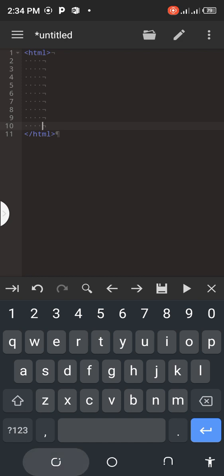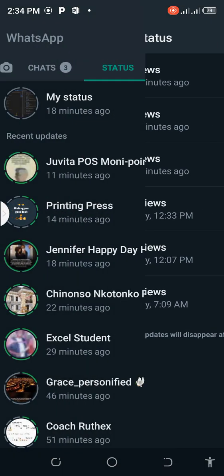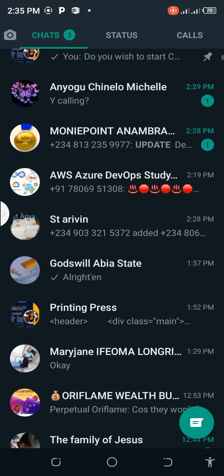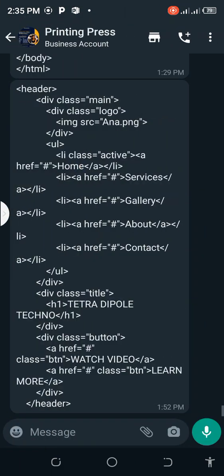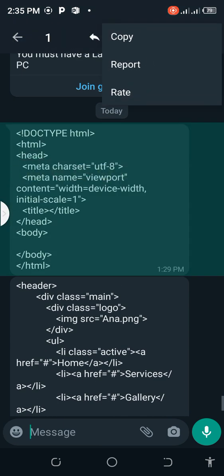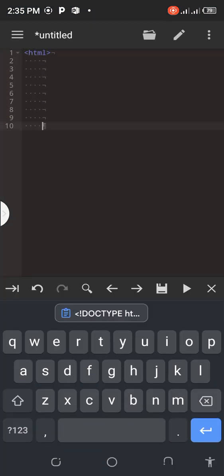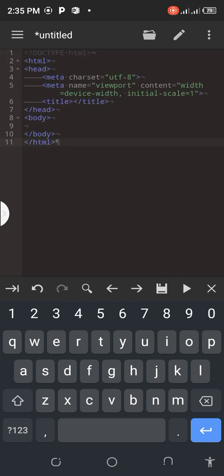Let me go and get something from my WhatsApp where I saved it. Let me get this, copy, then come back to this place and paste it. You'll have something of this nature. Remember to save it. This is my save button. Once I click on the save button,